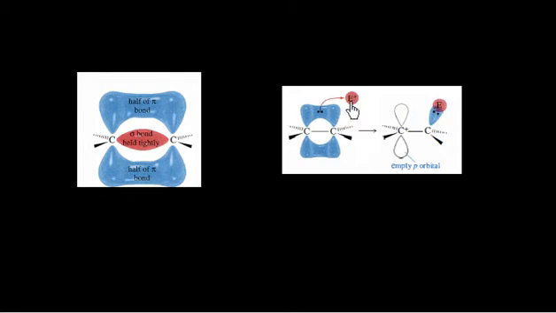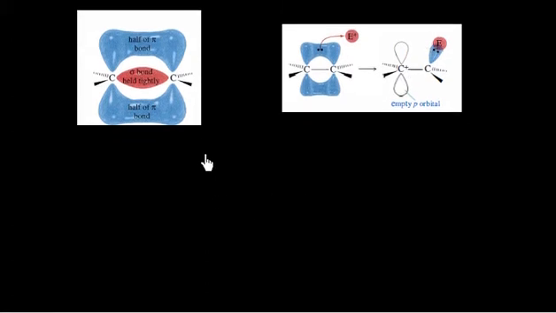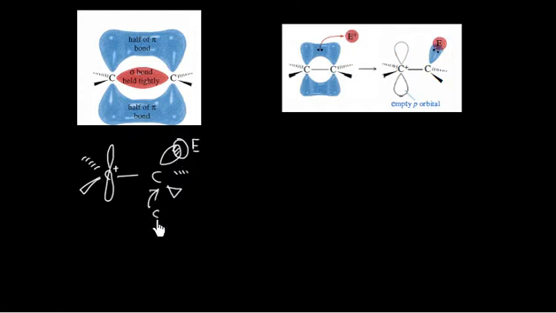So there is a reaction that takes place. The electrophile gets attached to this lobe, and then we have a carbocation. In the next step, this carbocation, so we have, this is a carbocation. So we have sp3 hybridized. We have the electrophile here. Now this carbon is sp3 hybridized.